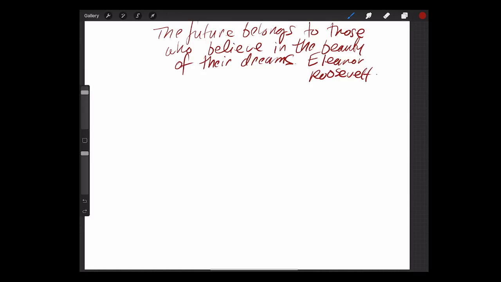Okay, and by the way, I'm doing this demonstration on an iPad to draw digitally. But if you feel like you want to draw with pencil, paper, markers, watercolors, what have you, that's fine. And then you can take photographs of it and upload to the assignment page. So, step number one is to find a quote, and don't obsess over finding the perfect quote.